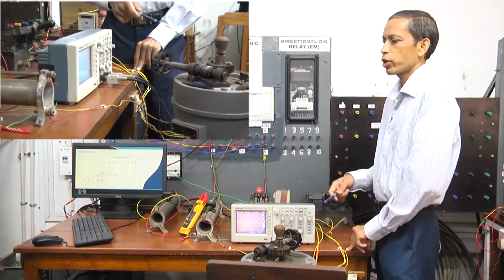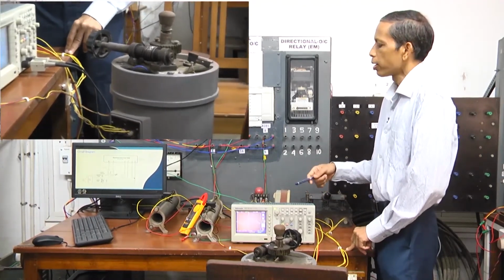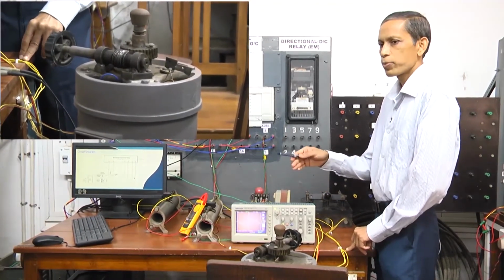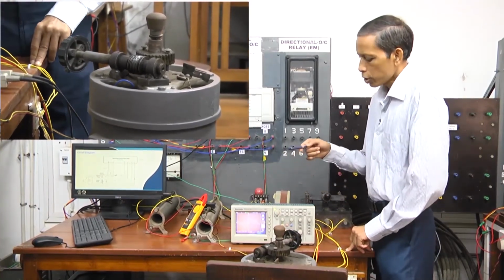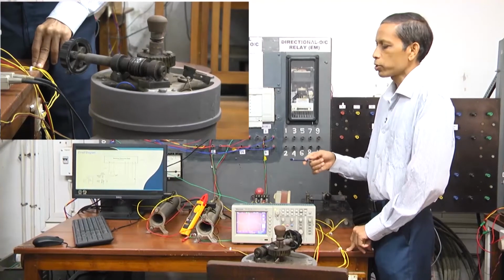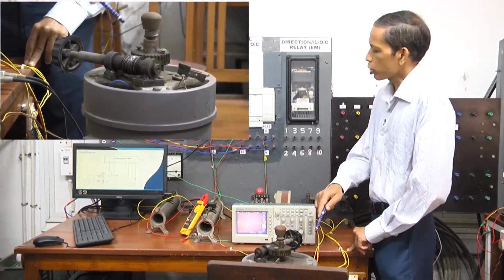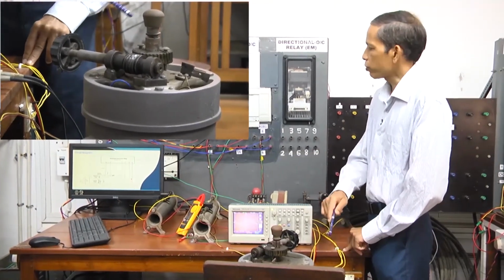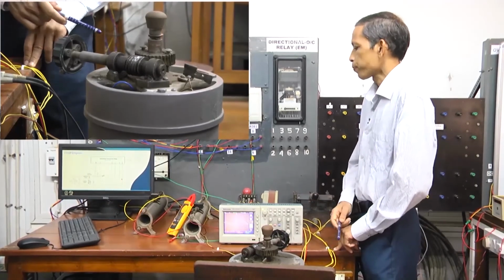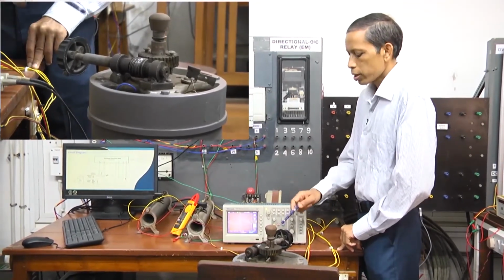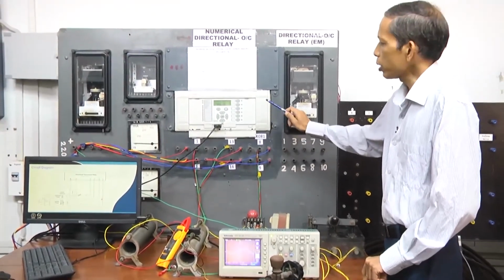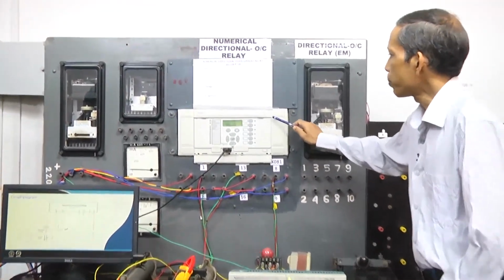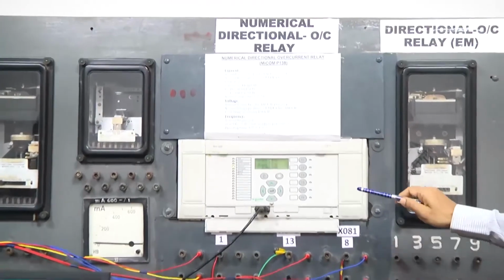So, when the corresponding current exceeds the setting, the relay goes for the trip decision on the overcurrent principle. Now, for the directional part with respect to this current and voltage, we change the corresponding angle by the phase shifter of the voltage. So, these voltage and current signals are input to the relay. This is our MiCOM P138 make relay.